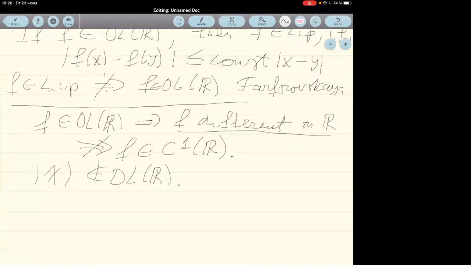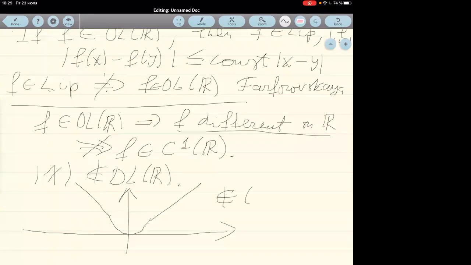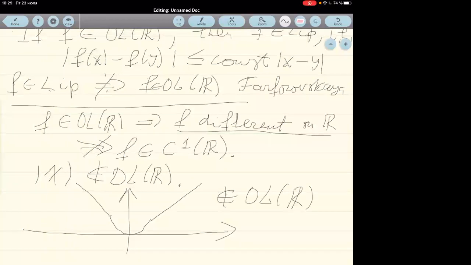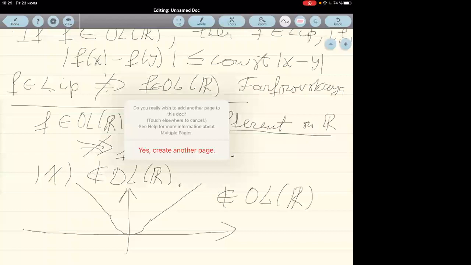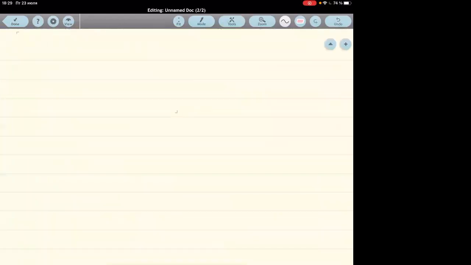And moreover, if we change the function modulus x in a neighborhood of 0 and make it smooth, this function is not operator Lipschitz. It doesn't help. Because if f is operator Lipschitz, then the limit